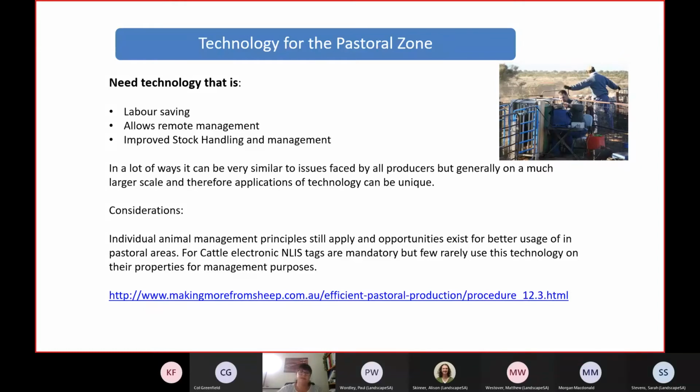And I think that's a really interesting thing that I see out there, is the way pastoral producers think and how you adapt something that's being used on the inside country to your situations and make some significant gains in your business by doing that. So there's some really interesting things being done out there at the minute. And I'm sure you'll hear more about that as technology is becoming very, very topical as we're moving forward